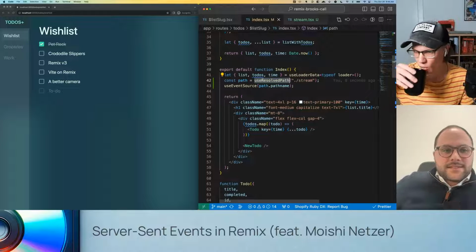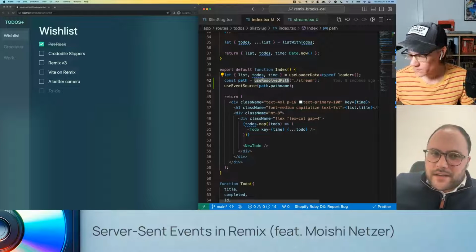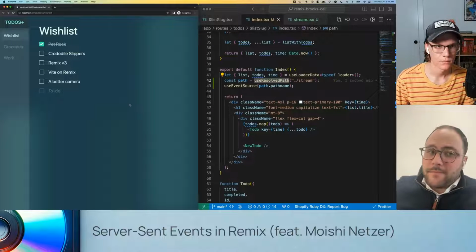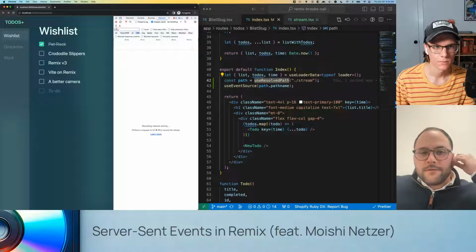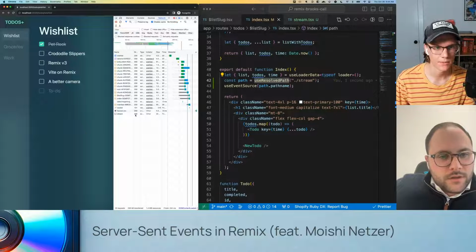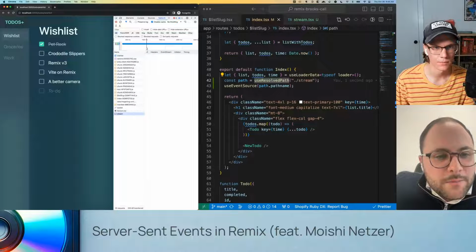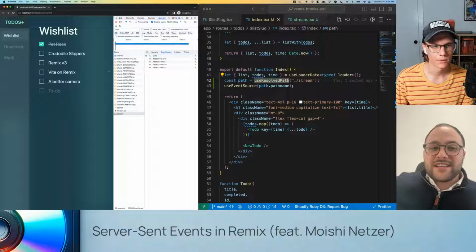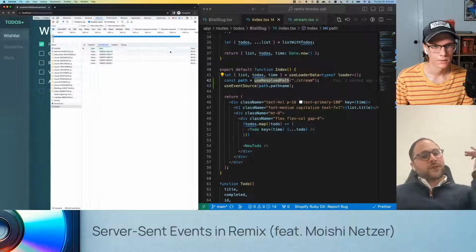So let's see what happens now. Okay, so you've saved it. Let's refresh the page, and now let's look at the network tab, and hopefully we'll see something. Want to refresh again? Oh, I'm on CSS. That was the problem. All right. Now, do you see that thing at the bottom, stream? Yeah. Now click on stream, and check that out. We are getting these messages every 2 seconds. So we're shooting up the messages.